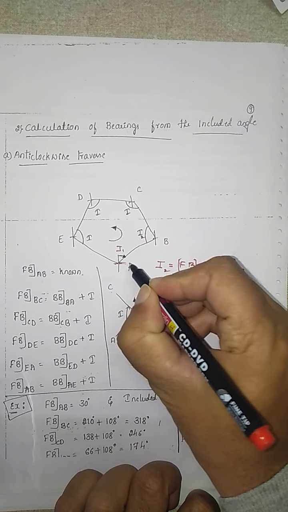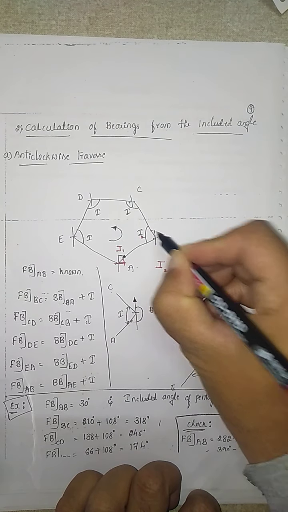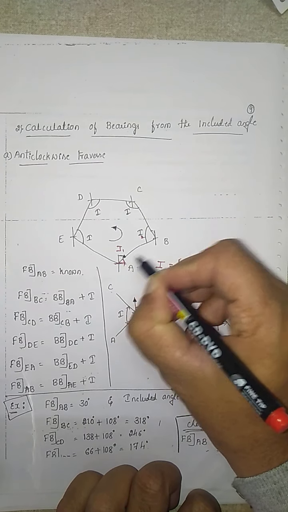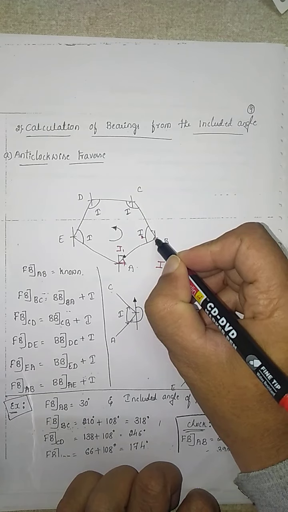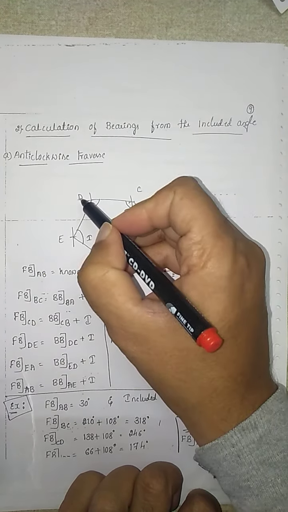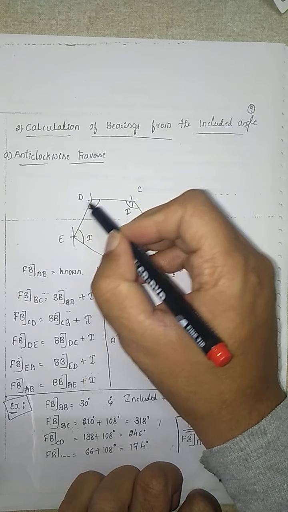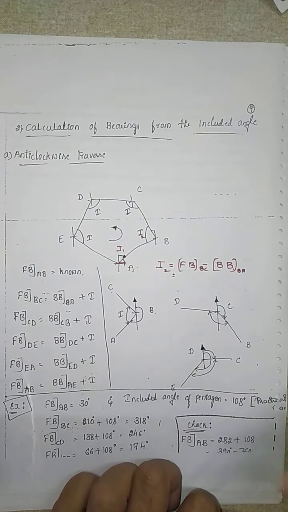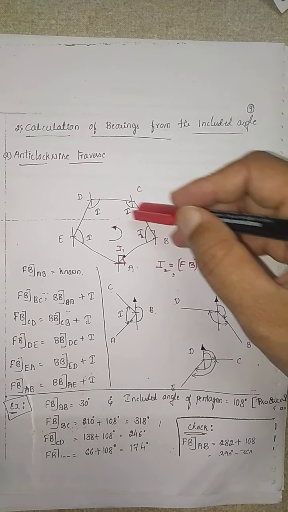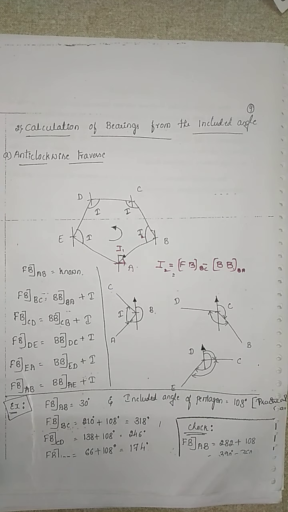Now sometimes they are going to give you the fore bearing, right? Suppose from A to B, if you are going to move, that is nothing but your fore bearing. The A to B reading they will be giving to you, and B to C, and C to D, CD fore bearing will be given, or DE fore bearing will be given. In such cases, they may ask you to calculate the included angle, or they may give you the included angle, or they will tell you to calculate the different fore bearing readings.